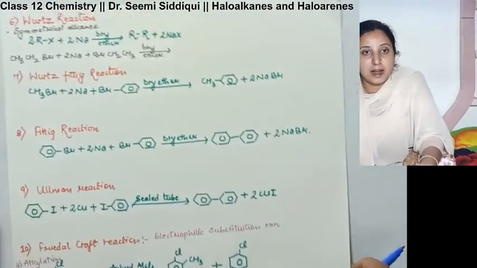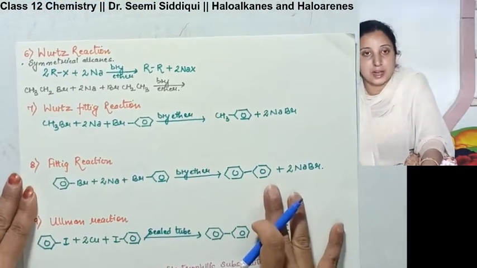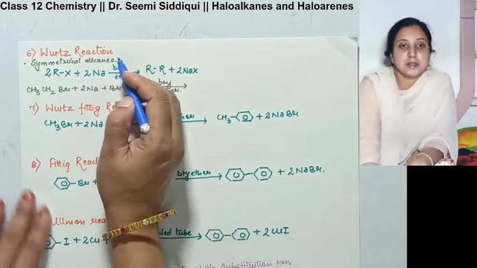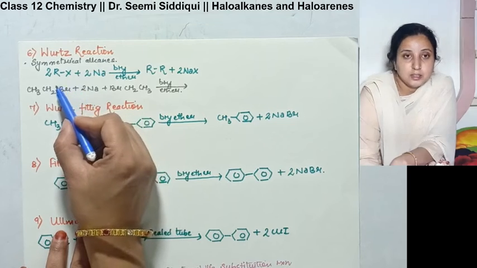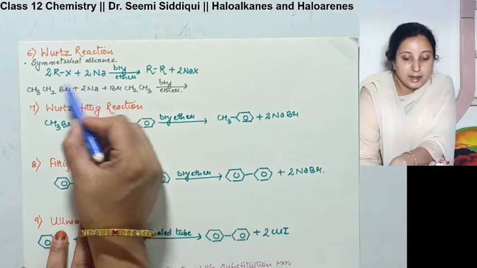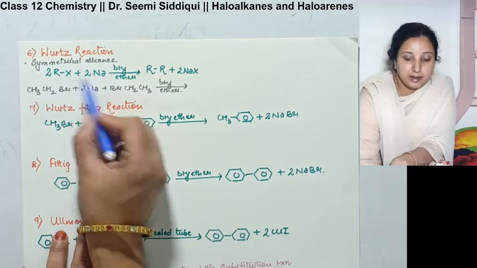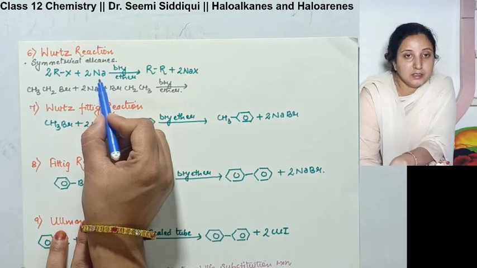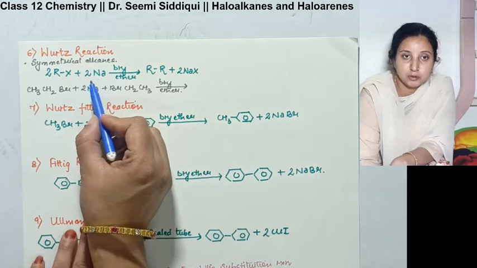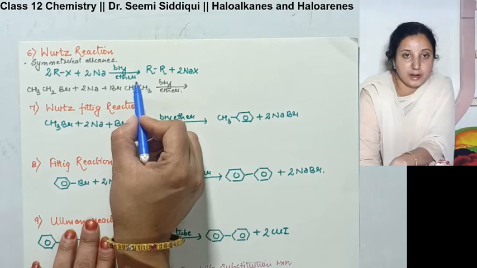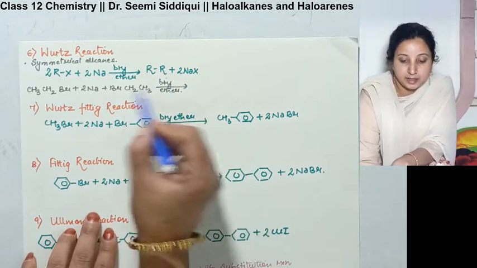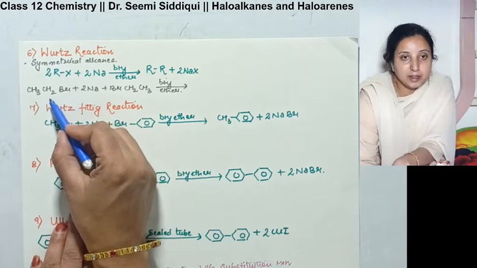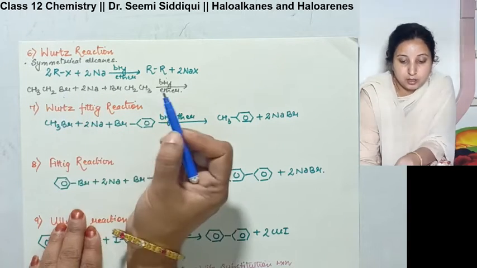The next named reaction comes your Wurtz reaction. The Wurtz reaction basically we follow for the symmetrical alkanes like 2RX. RX में you can take any alkyl halide. It is reacted with the sodium, 2 molecules of the sodium in the presence of the dry ether. So we get basically whatever the alkane we are getting. Like इस case के अंदर I have taken a ethyl bromide and this.